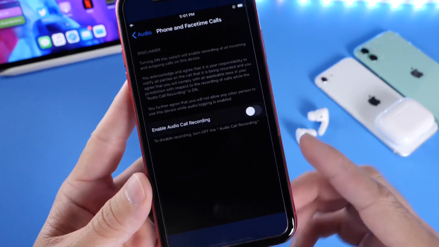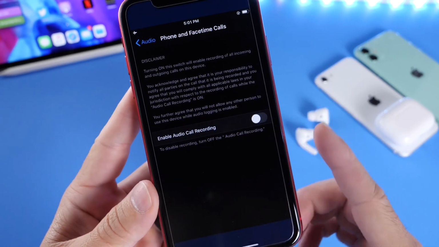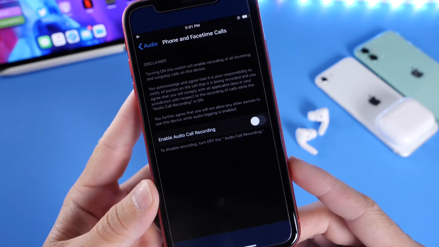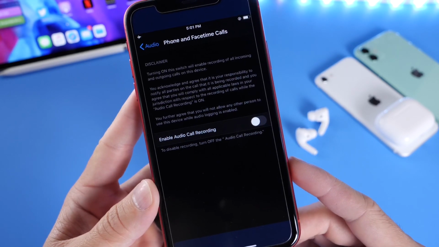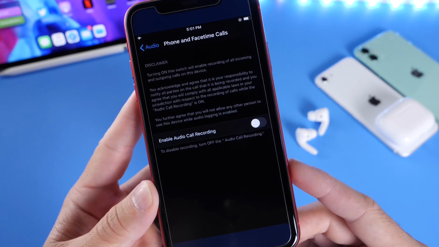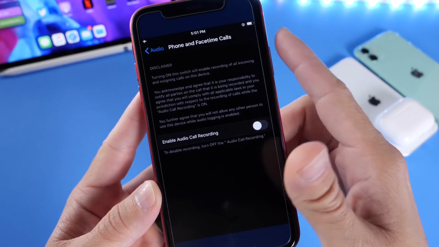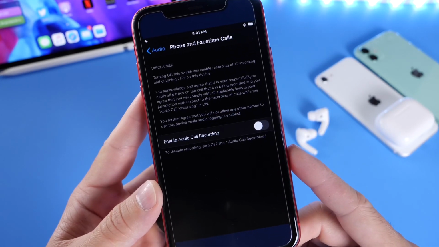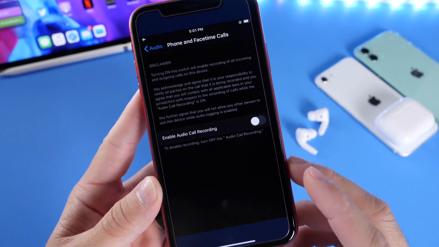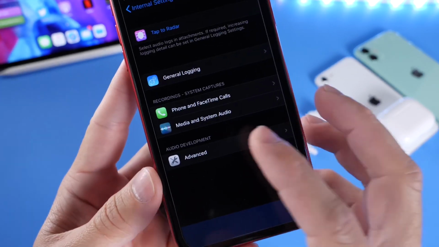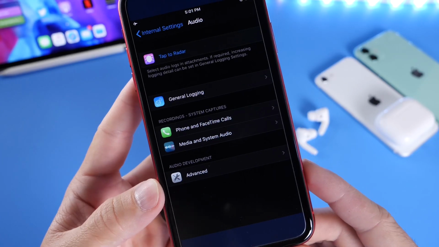You're supposed to let all parties know that the call is being recorded, as you can see by the disclaimer here. So we'll see if Apple can work around some of these restrictions around the world. Apple has added other features that have other restrictions, and they come across a few workarounds. So hopefully a phone call for FaceTime audio and incoming and outgoing calls on devices, hopefully this will be a feature coming to iOS. And as you can see here, there's also media and system audio options there as well,